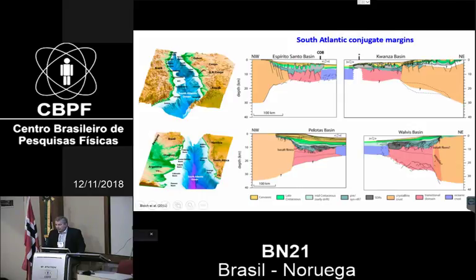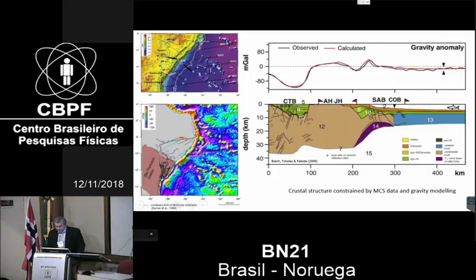And then we had to combine that with gravity modeling to put together crustal scale conjugate transects. But it's equally important here to get as far landward, onshore, on the Brazilian side and on the African side, to be sure that we look at basement that has its original thickness, very little affected by the extension and thinning prior to breakup. This is an example from the Northeast Brazilian margin, where we some years back had reflection data